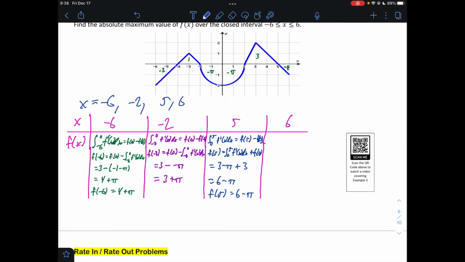which is definitely not bigger than 4 plus pi. 4 plus pi is 7 point something. 6 minus pi is 2 point something. So again, that's not our answer. So far, negative 6 is still our biggest value. Finally, we got to find